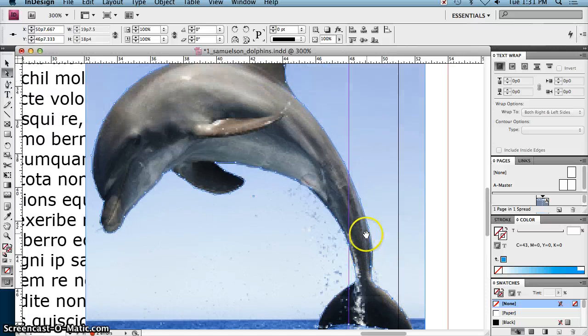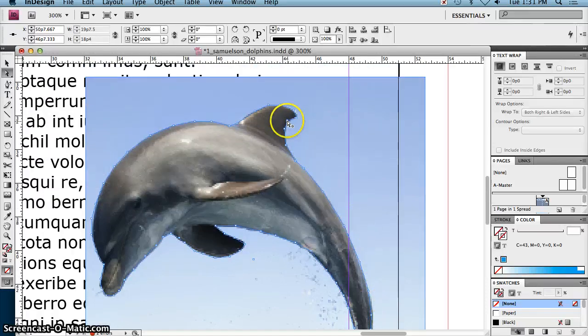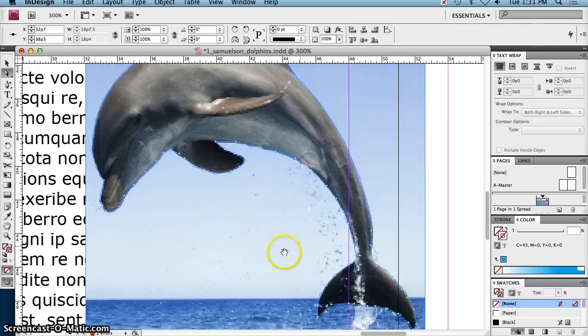Okay, and so far I like that size. I'm going to adjust just a little bit up there. And obviously you're going to want to press pause while you're doing all of this adjusting because I went pretty quick on mine. Okay, but if we look at it, I feel like I've got a pretty good path around